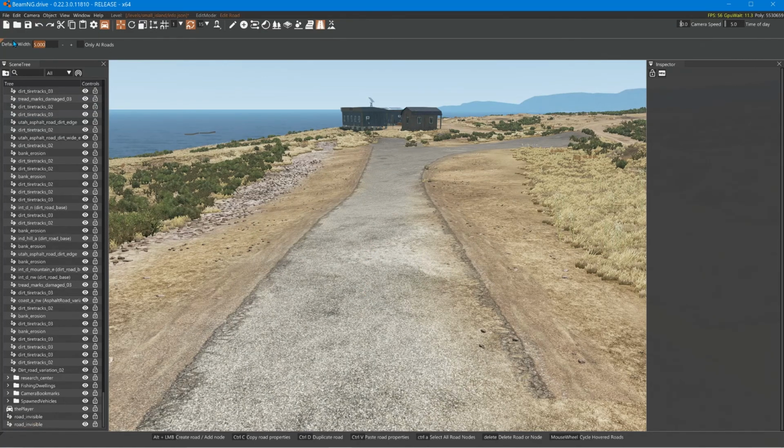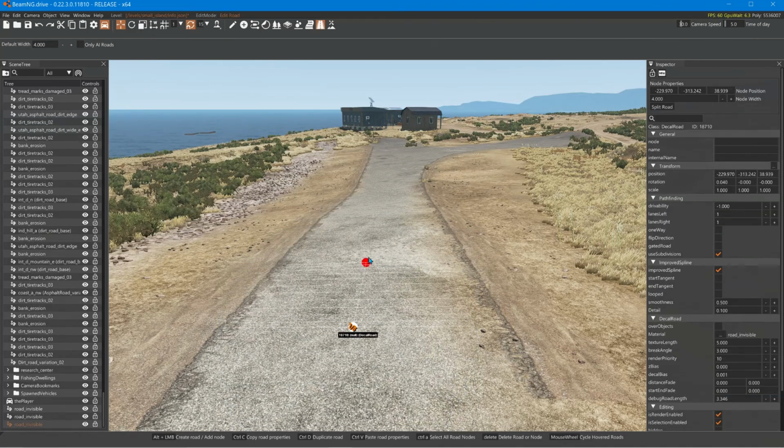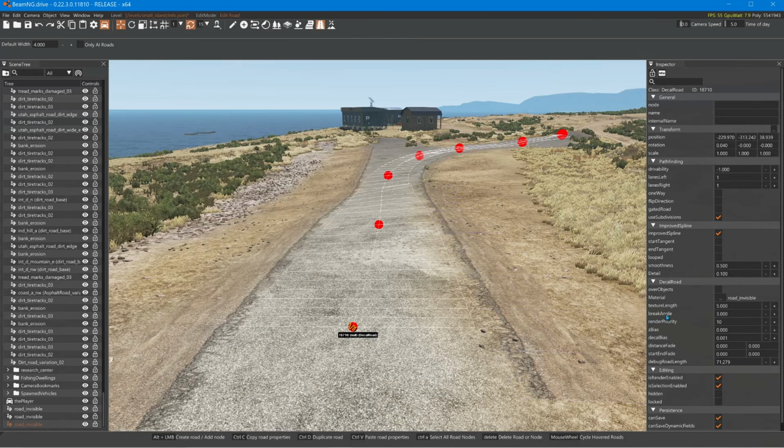Let's go to 4. Hold down Alt. Left click, left click, and so on, placing several nodes. All right,